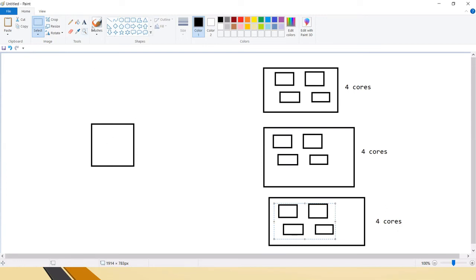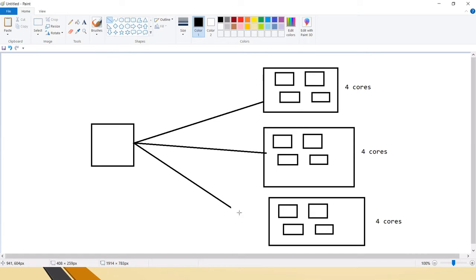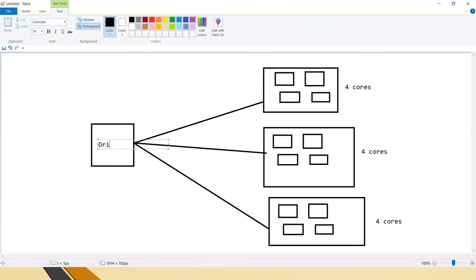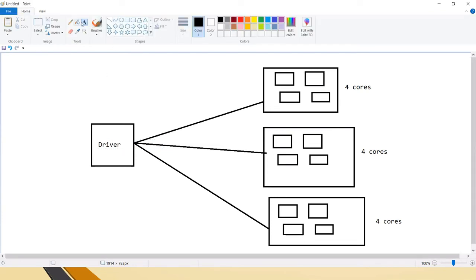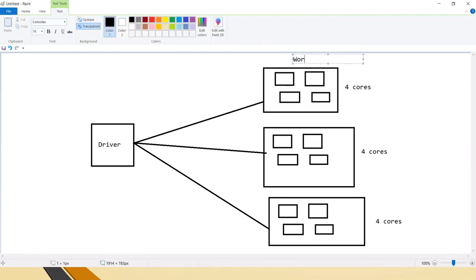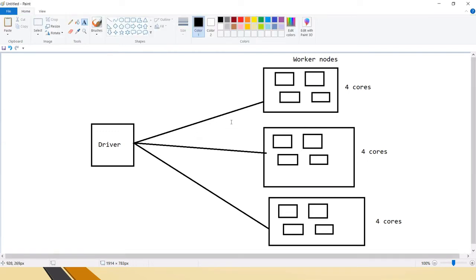So let's say for performing some task you need 10 partitions, then for how it will distribute: let's say this is the driver, and these are the worker nodes. If you need 10 partitions, it will take 1, 2, it might take this, or it might take these two also.